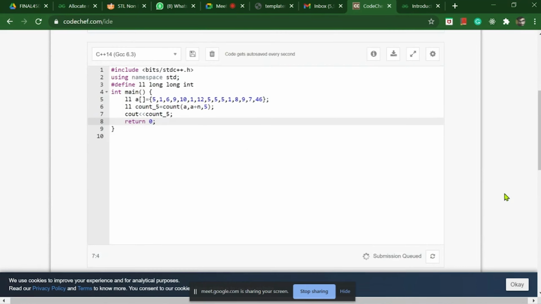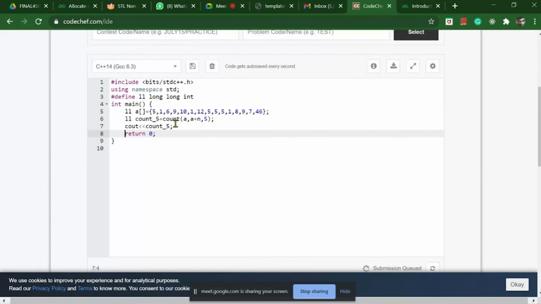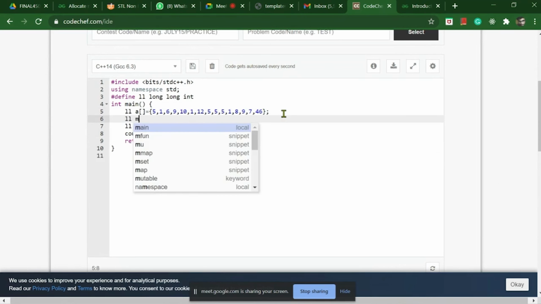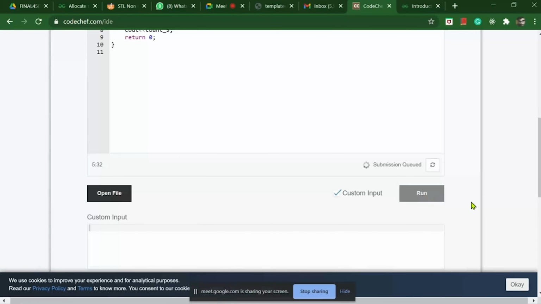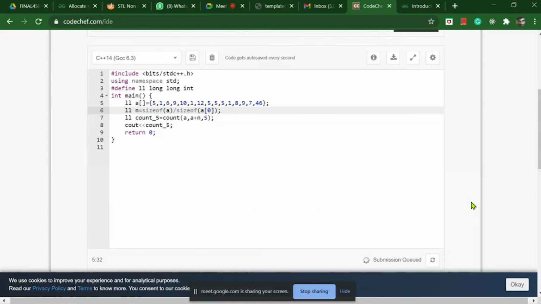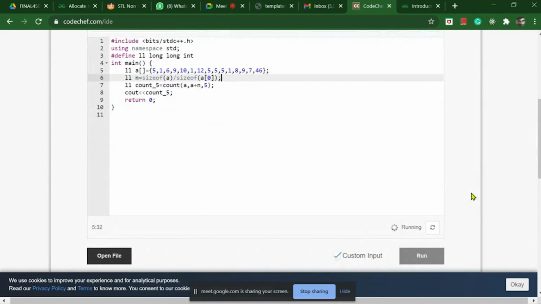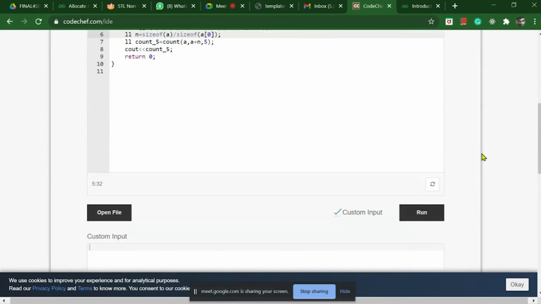So this function is going to return the number of occurrences of 5 in the given range, as we have defined in the array.